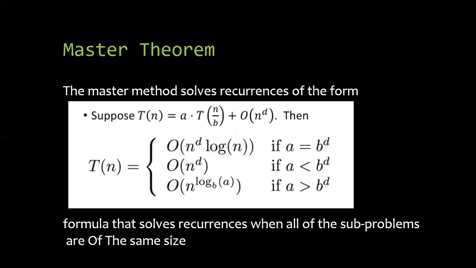Now we have the last process, the master theorem. This is the easiest process, I can say. Suppose we have the equation T(n) = a T(n/b) + O(n^d). Then we can define the master theorem as O(n^d log n) if and only if a = b^d. Then we have O(n^d) time complexity in case a is less than b^d, and we have O(n^(log_b a)) if a is greater than b^d.